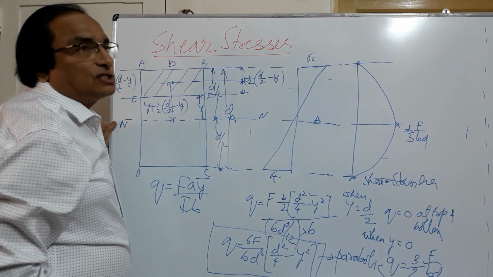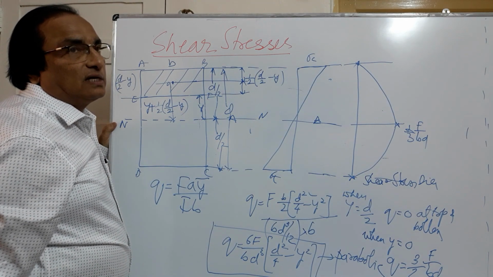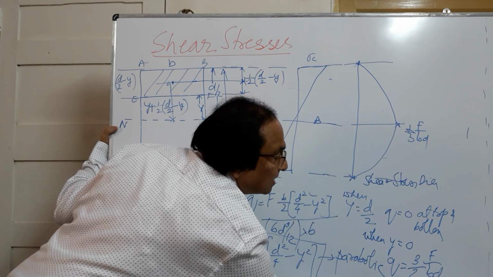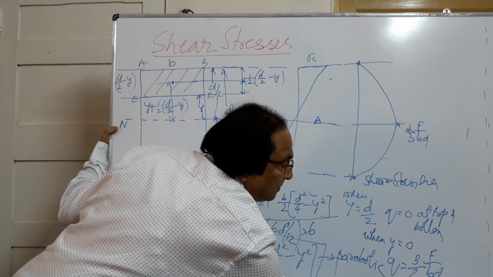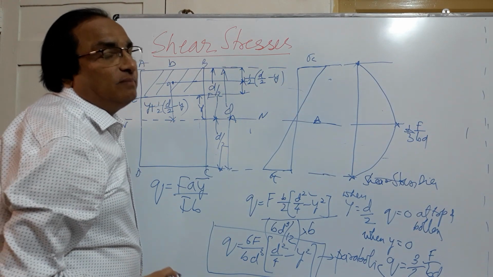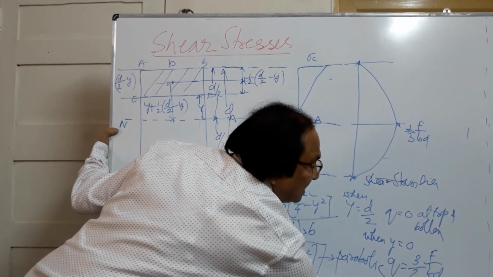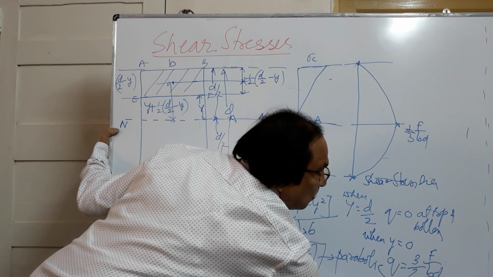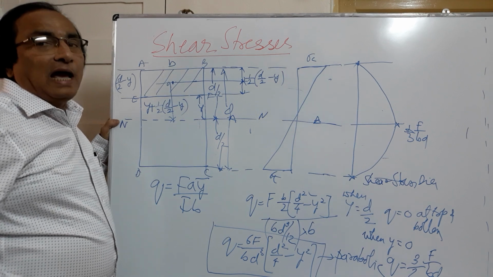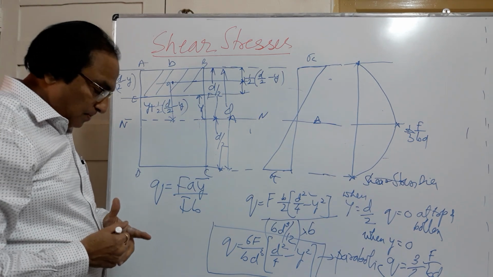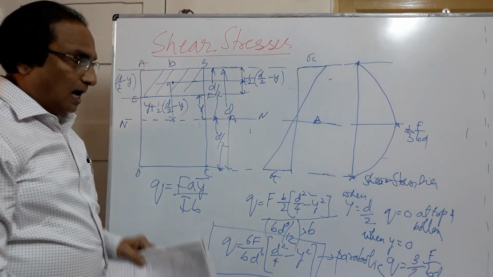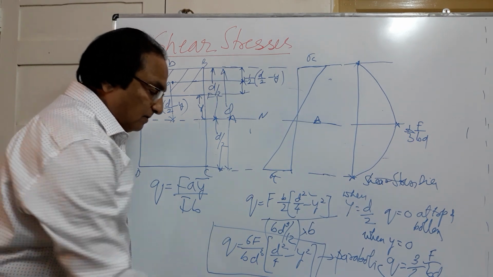We find that the shear stress is given by shear force by shear area. So I can say the maximum shear stress acting at the section is given by 3 by 2 q average, and this q average is nothing but F by BD. So I can also write it as 1.5 times q average. So maximum shear stress is 1.5 times the average shear stress. So this is the way you have to plot the shear stress diagram. I have shown it for a rectangular section; others are shown in the notes given to you.